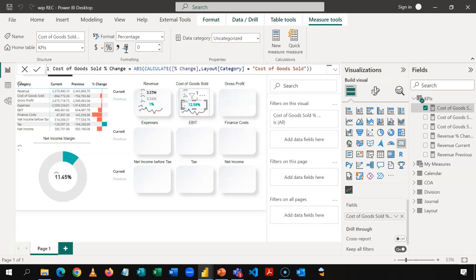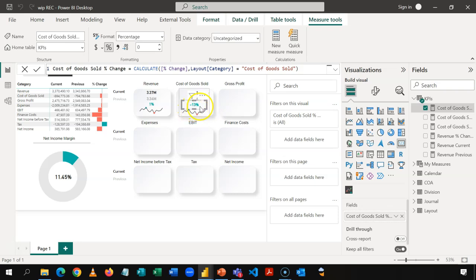Okay, now because we use the ABS function, it is returning a positive 13%. Okay, but this change, because it's an increase in expense, is not good. Okay, so first we are going to take off the ABS calculation for this particular expense. Okay, so when I take off, it should now show us